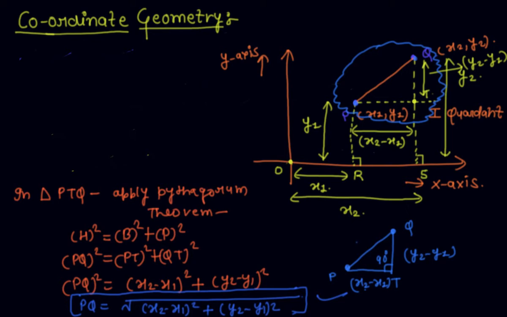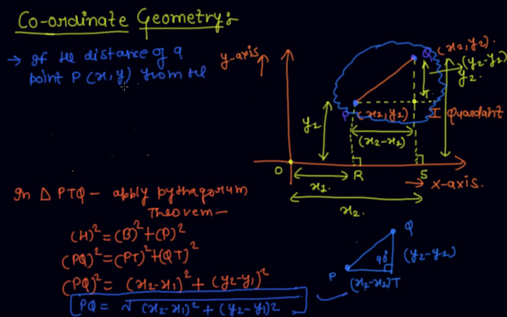A special condition in this formula: the distance of a point P whose coordinates are x, y from the origin point 0, 0 is given by,